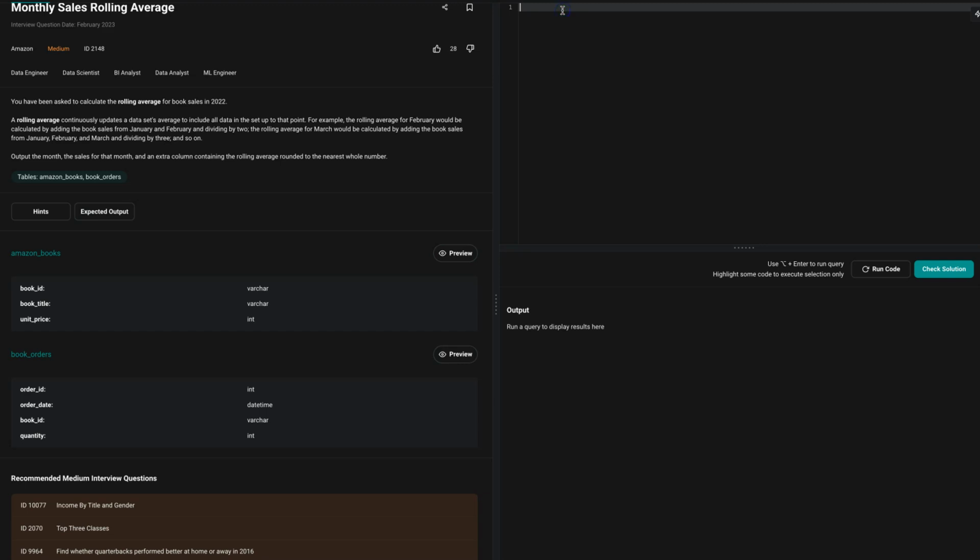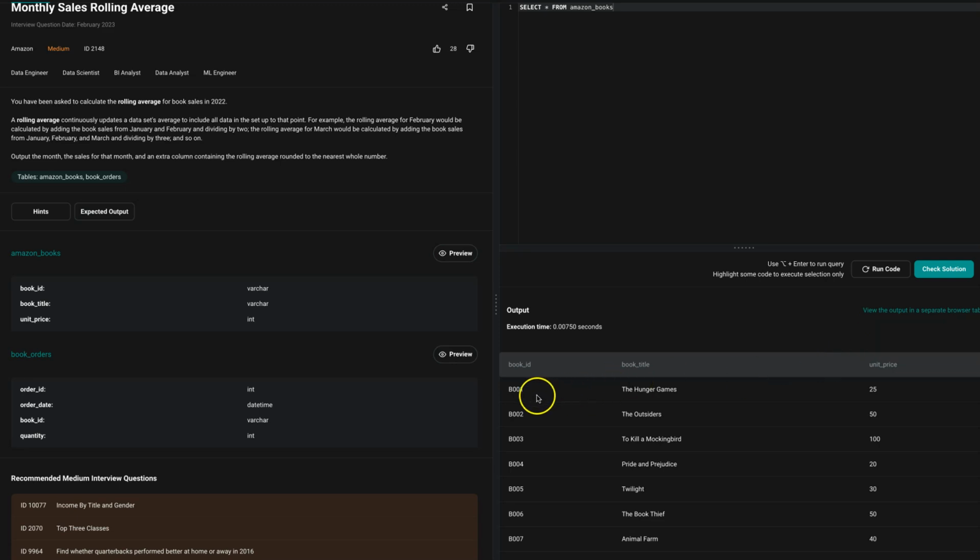So how am I going to approach this? I'm going to approach this by building the problem step by step. So the first thing that I'll do is query the first table here. Select star from Amazon books, and let's run it. Again, we have book ID, book title, unit price, and